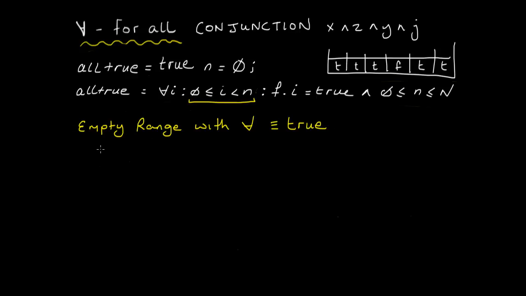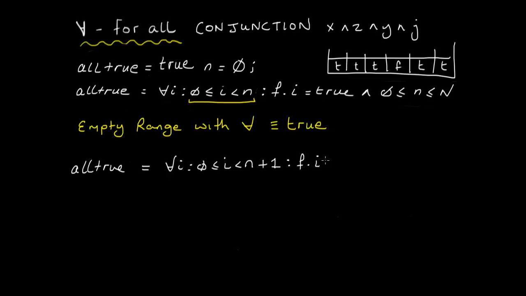For the split off, remember that for all gives us a conjunction. It separates things with an and. So naturally enough, when you go to do the split off, you're going to split off with an and. So if we look at our invariant here, when we go to do the split off part, we would have something like this. We'd have all true would be equal to, for all I greater than 0, and of course when we're splitting off we usually have the +1 bit,